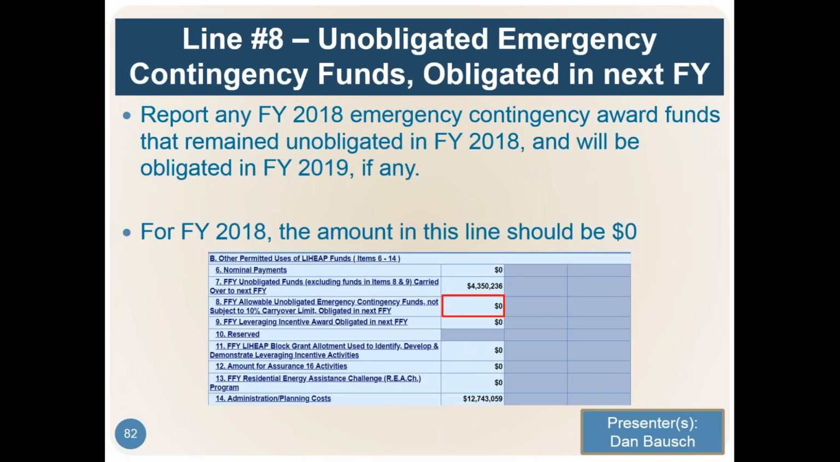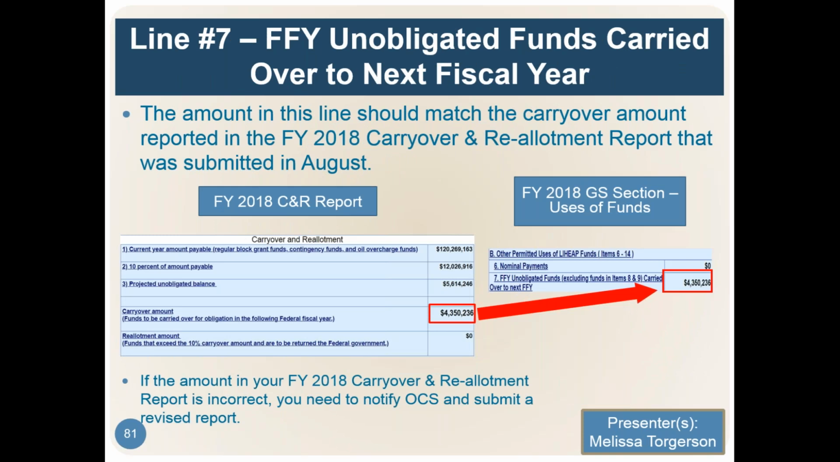Go back just one second, Julia. This is really important. And I guarantee that many of you will have this, I would circle it once again. If you've got a copy in front of you already, circle this bullet right here. If the amount in your 2018 carryover and reallotment is incorrect, you need to notify OCS and submit a revised report. I cannot say this enough. If Heather Jones is on the call,